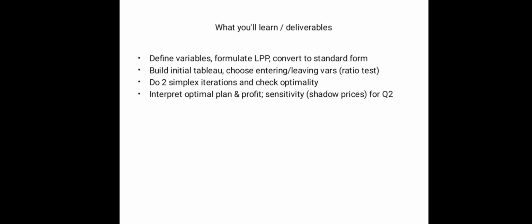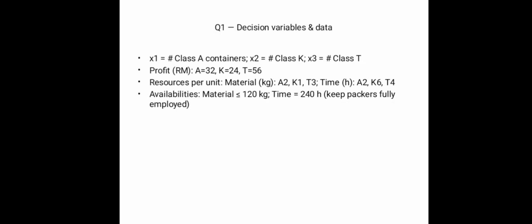So, for the next slide, what we will learn, or the deliverables, are four main things. First, how to define decision variables and write the linear programming model. Second, how to put the model into standard form for the simplex method. Third, we'll go step by step through two simplex iterations, including choosing entering and leaving variables with the ratio test. And finally, we will interpret the optimal plan, the maximum profit and also shadow prices for the second